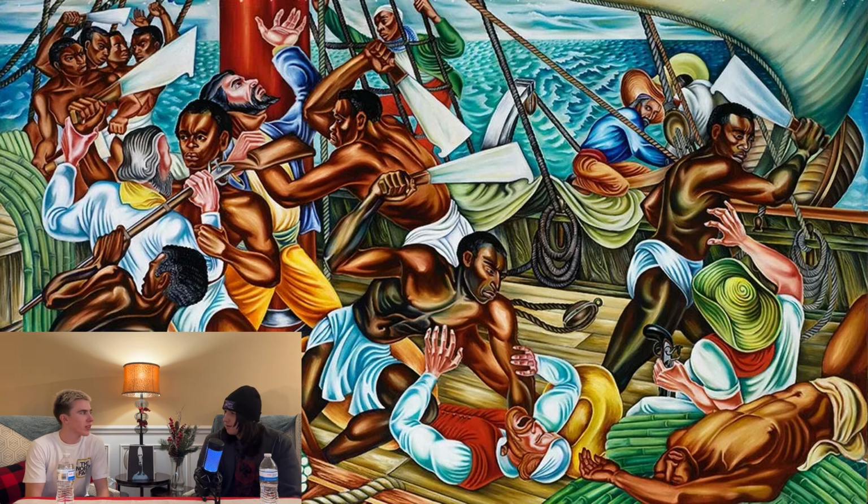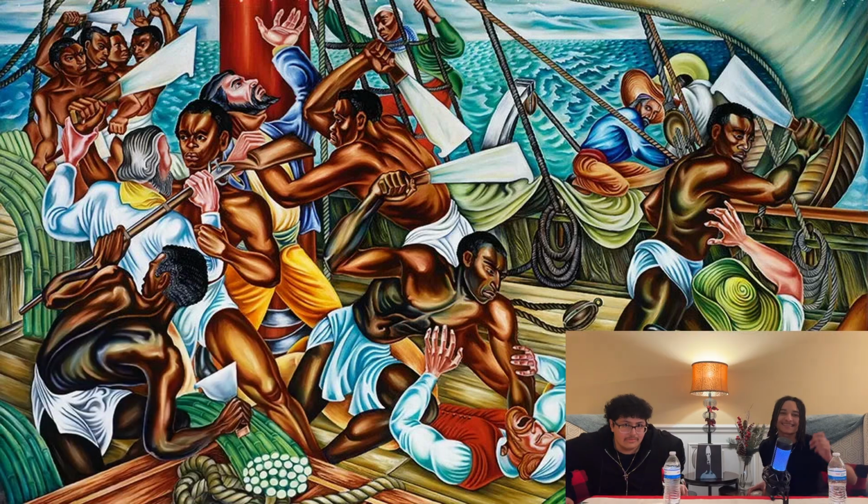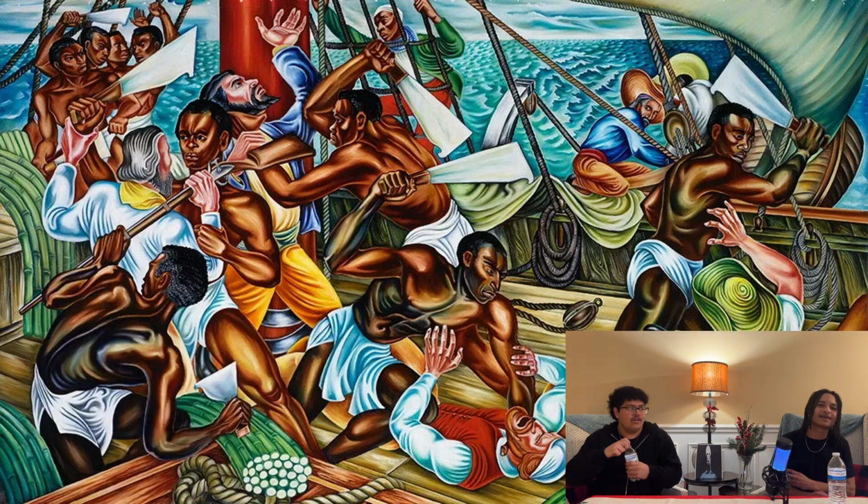Well, the first thing that stands out to me is the intensity of the moment. So you can really feel the struggle and the determination in the way Woodruff paints the figures. These captives aren't shown as helpless, they're really taking action and fighting back. Right! And it's not just the movement, but also the composition itself. Woodruff uses diagonal lines and dramatic angles to create this chaos and urgency. It makes you feel like you're in the middle of the scene, witnessing history unfold.